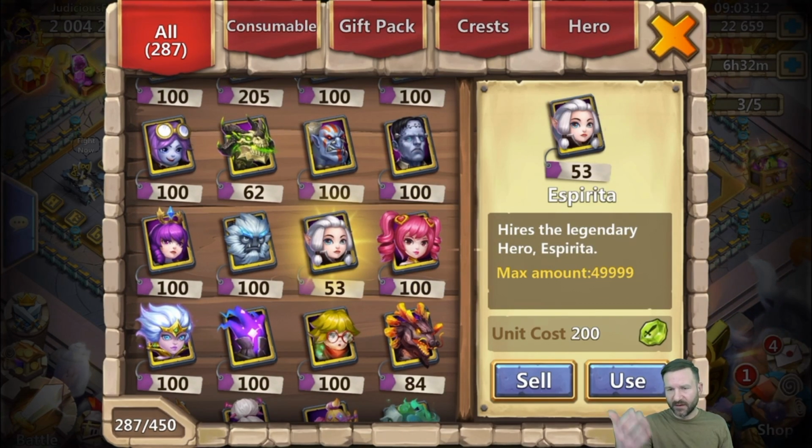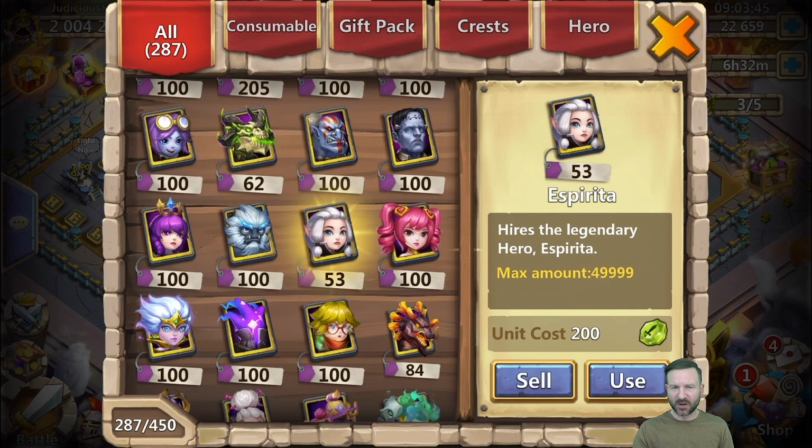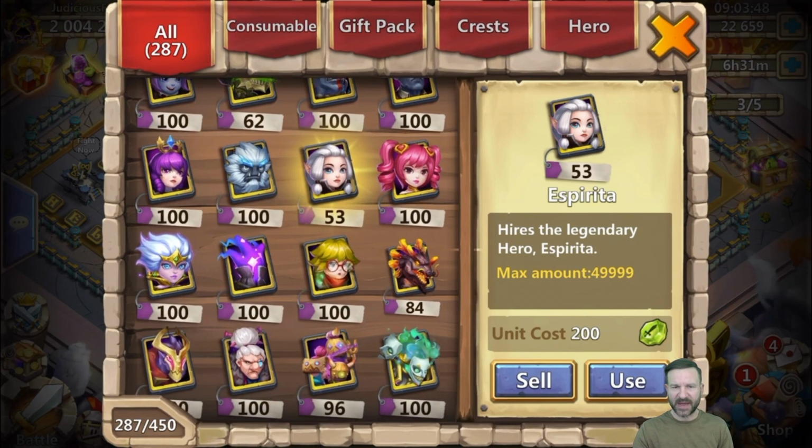Espirita. This is a sad tale, and I'll make it brief. In the past, I hit 101 Espirita. I went to click and sell just one of them for 200 shards to take me back to 100 Espirita. I clicked, and all 101 that were there were instantly sold. And it broke my heart. I said, what? And everything shifted over. So it's been a long road to get back to